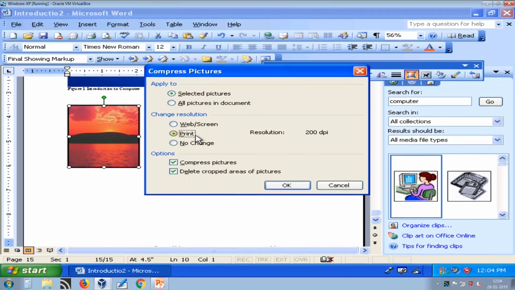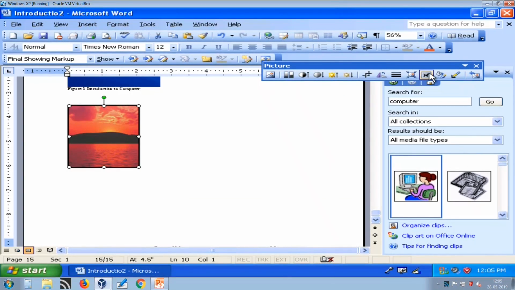So when you want to print, you must have high resolution. So in case of print, it reduces resolution if it is higher, and in case of web and screen, it reduces resolution to 96 dpi, and no change means you don't want to do anything. So this is how you can compress your picture.